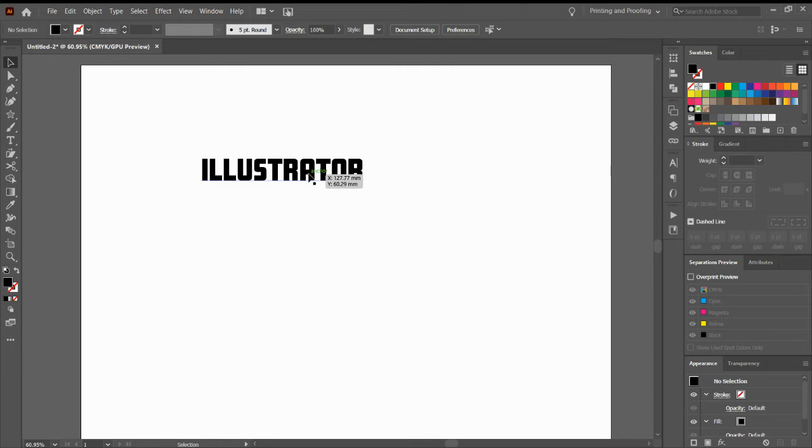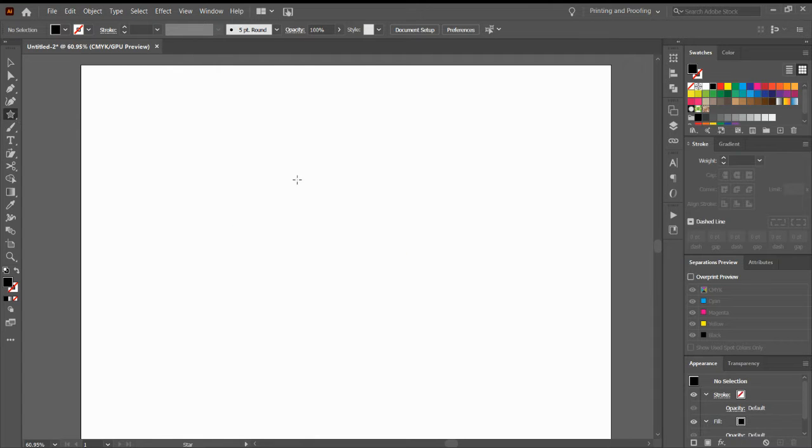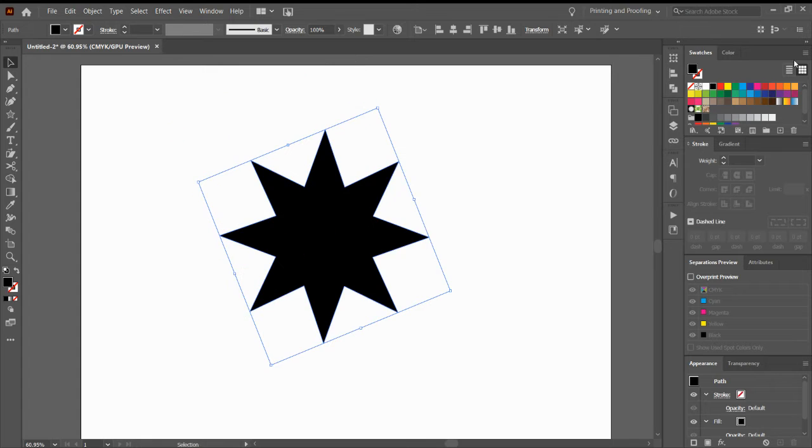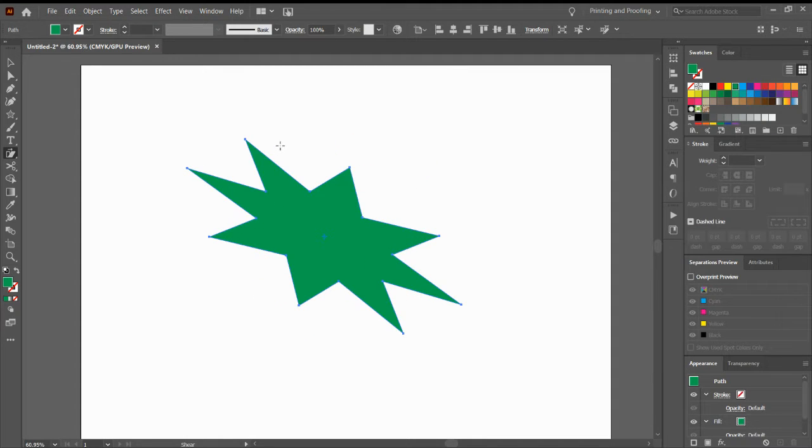Then we have the shear tool. What is shear? Shear is like giving a bit of bend. I think I can show you better than explaining it. When I give it a shear, I think it doesn't work on this text. Let me draw an object for this. I'll draw a star and give it some color. And now I'll shear it. Can you see? It is giving that bend to it and giving that dimension to it. So you can use it for giving a dimension or depth to an object. Right?